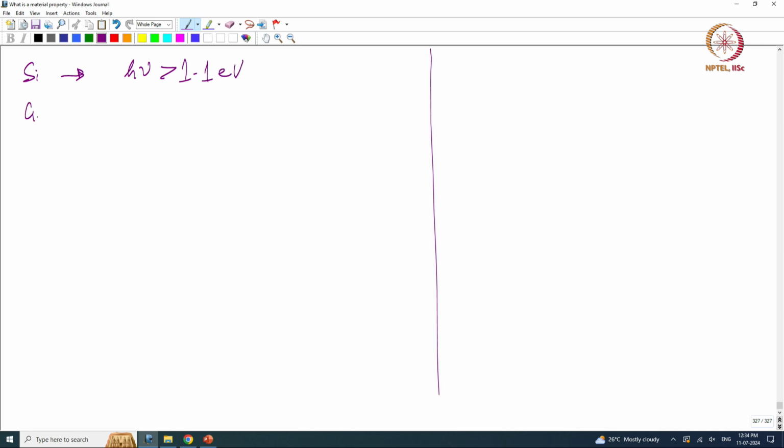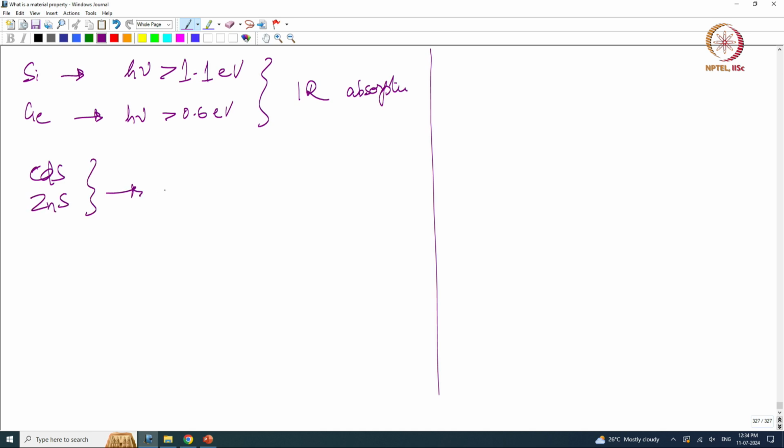If I have something like germanium, I need h nu of greater than 0.6 eV. So, these things come under IR absorption, right. If I have something like cadmium sulphide or cadmium selenide or these sort of optical materials, or zinc sulphide, here h nu should be in the visible range. These are about 2.2 electron volts is what I said. So, that is visible absorption,